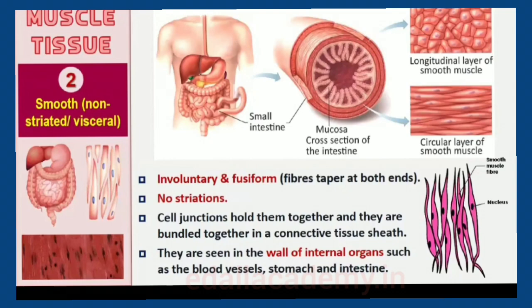The smooth muscle fibers taper at both ends (fusiform) and do not show striations. Figure 7.7b. Cell junctions hold them together and they are bundled together in a connective tissue sheath. The wall of internal organs such as the blood vessels, stomach and intestine contains this type of muscle tissue. Smooth muscles are involuntary as their functioning cannot be directly controlled. We usually are not able to make it contract merely by thinking about it as we can do with skeletal